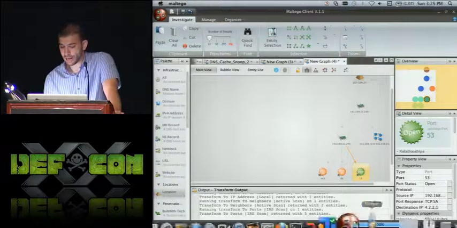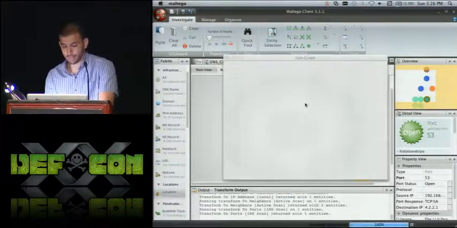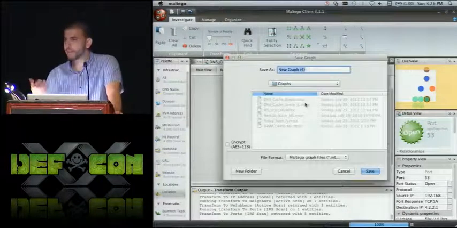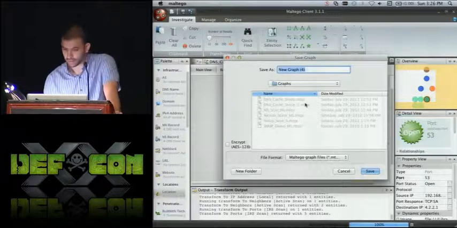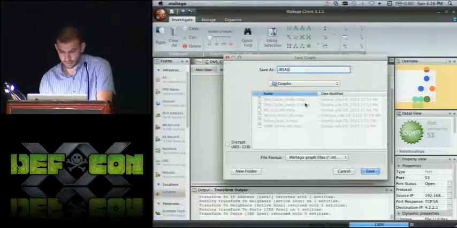Now you're going to ask me, how do we actually put this in some sort of spreadsheet? So I've created the tool for that as well. So if we just do this, save our little graph,